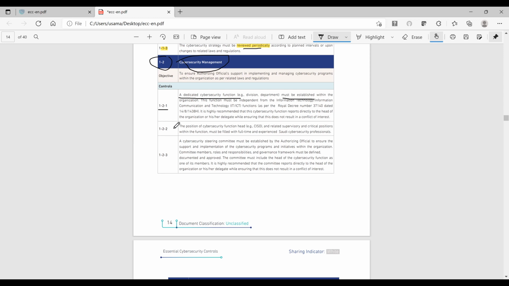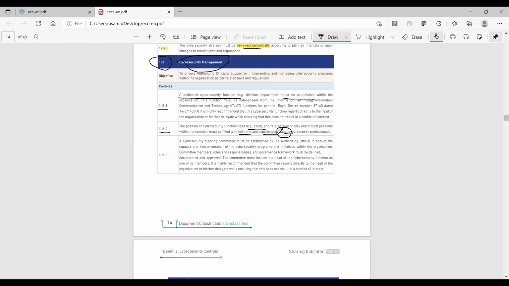Okay, the second control is that the CISO or the security manager should be full-time and experienced, and he must be of Saudi nationality. This again is a requirement of the NCA. He must be